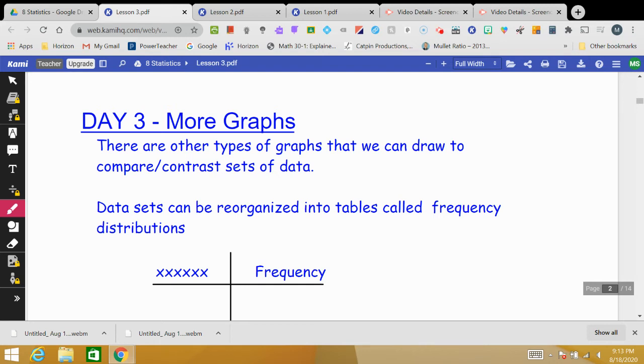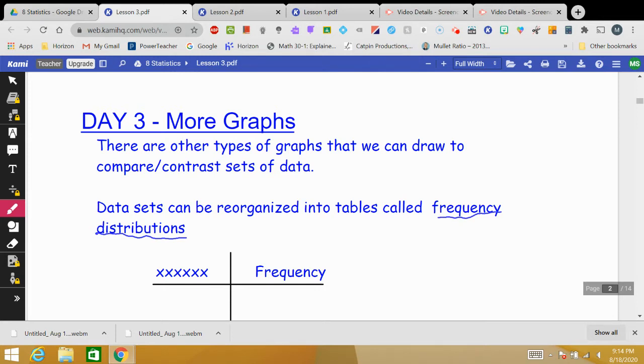Okay guys, what we're going to look at today is a couple more types of graphs, and these graphs are used when we do what's called a frequency distribution. So for example, if I were to take all your class marks and group them into groups, so all the tests, how many kids got between 50 and 60, how many kids got between 60 and 70, how many kids got between 70 and 79, and I group the tests like that. So let's say, 3 kids got between 50 and 60, 8 kids got between 60 and 70,